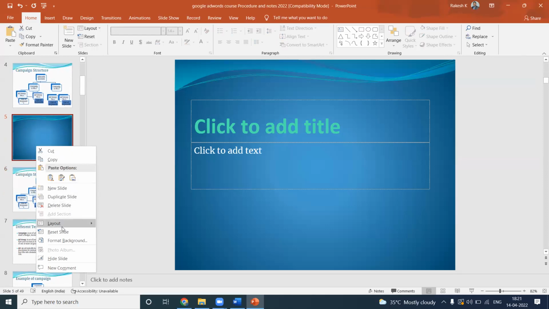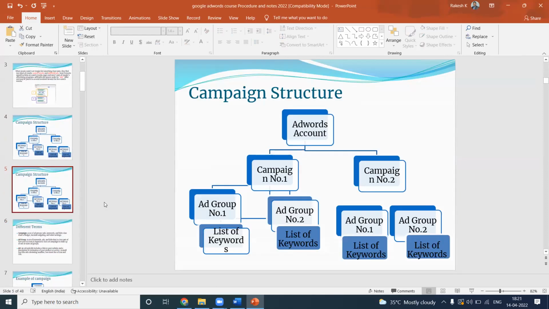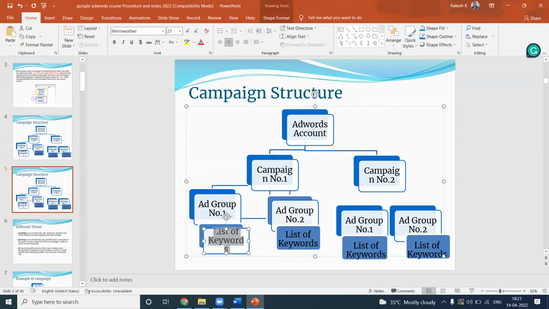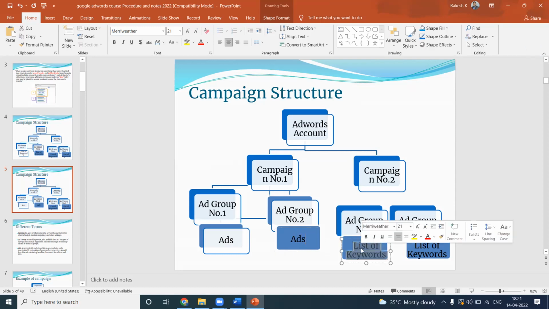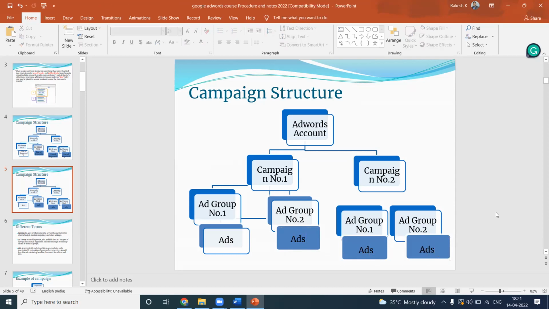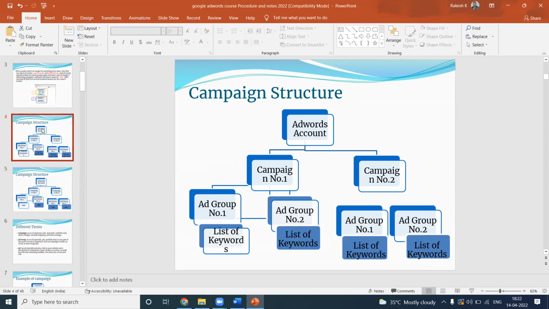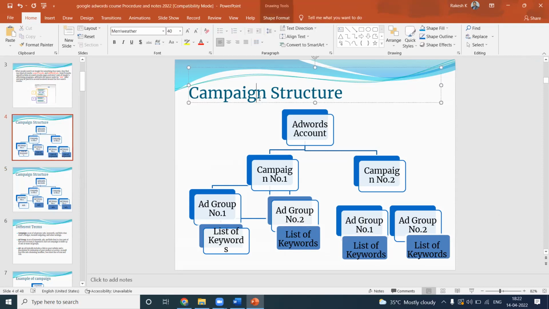So we can go with this. Ads we can go with. Here is the first particular thing. This will be the ad type. This will be the keyword type. So the first option will be the ad for the particular customers. A particular option will be given for the keyword type. This will be the campaign structure for the